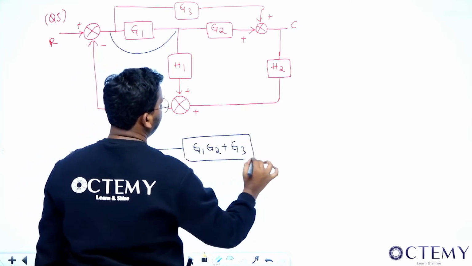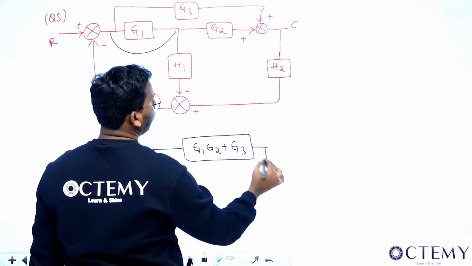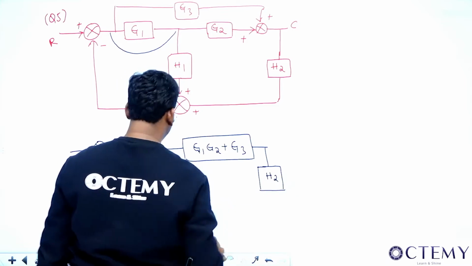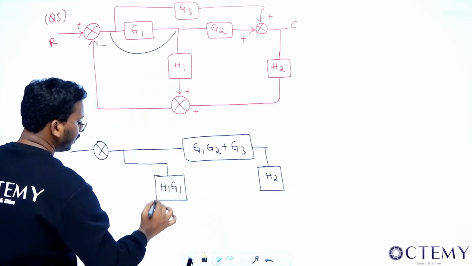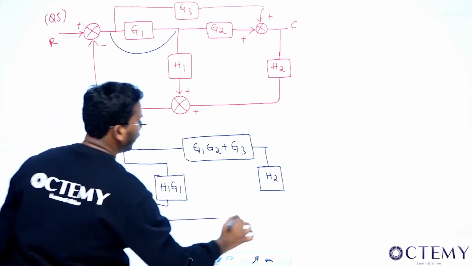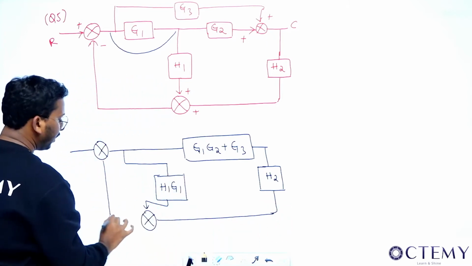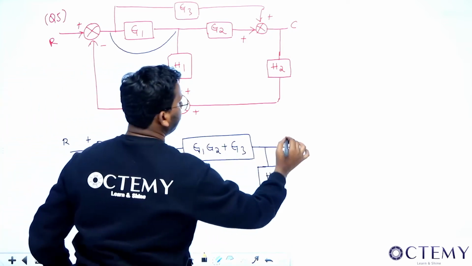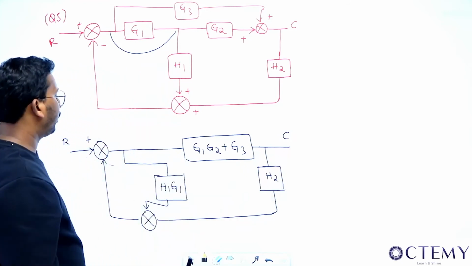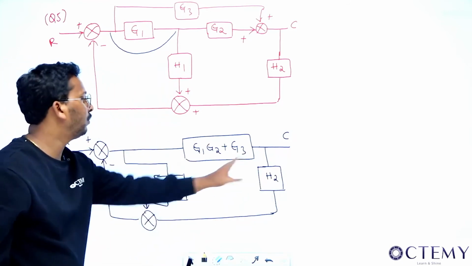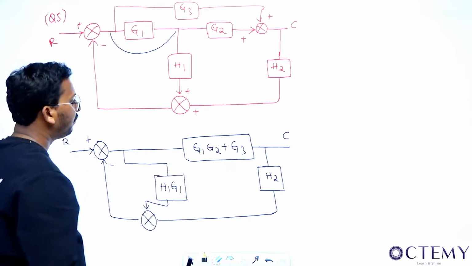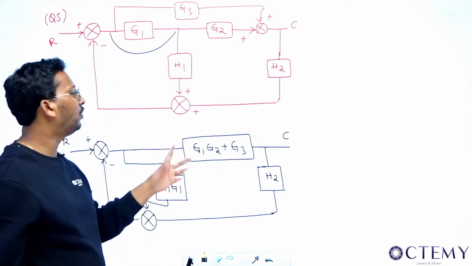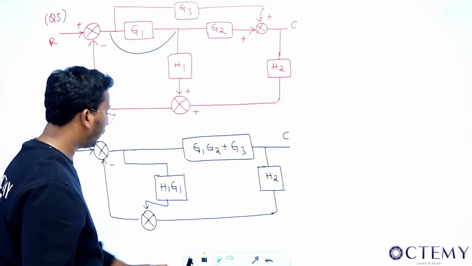Now what happens, sir? Now this summer is gone, so you have only this particular H2 here, and this you have what? This you have the summer with this fellow here and this fellow here, and this is coming here with -1. This is your plus, this is your R, this is your C, right? Now see sir what you can do. You move this from here to here, or you can move this here, whichever you feel like you can do it, sir. If you move this from here to here, it will get multiplied here. If you move this from here to here, it will get added. So it is your wish, whichever call you can take, it is no problem, right?